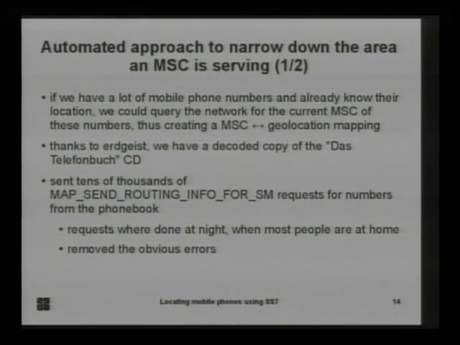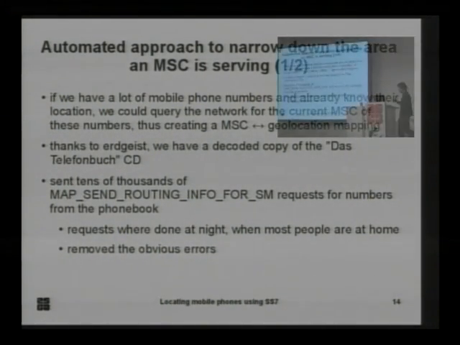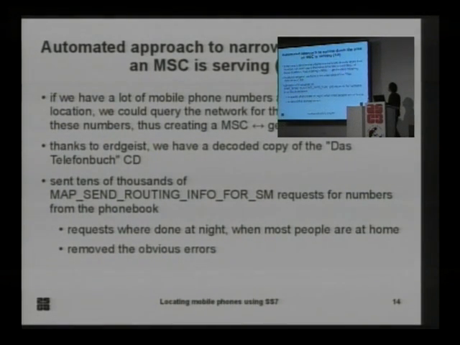Who provided a decoded copy of the Das Telefonbuch CD, which is the complete German white pages, complete with also geocoordinates of all the phone numbers in there, at least the ones that have addresses listed. So what I did, I sent tens of thousands of maps and routing info for short message requests for numbers from the phone book. And I did those requests mostly at night when people are at home, and also